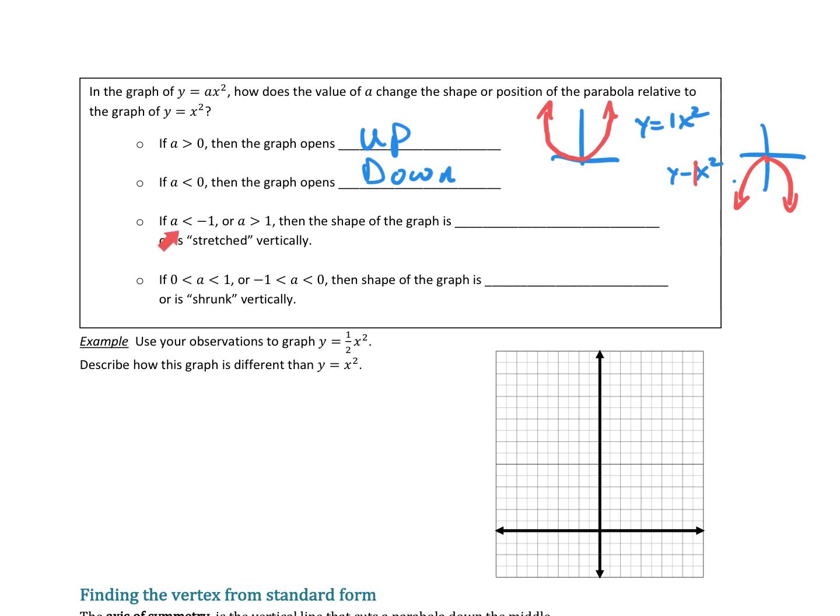Now, if a is less than negative 1 or a is bigger than 1, so if a is bigger than 1, like 2, 3, 4, 5, or negative 2, negative 3, negative 4, negative 5, then that graph is going to